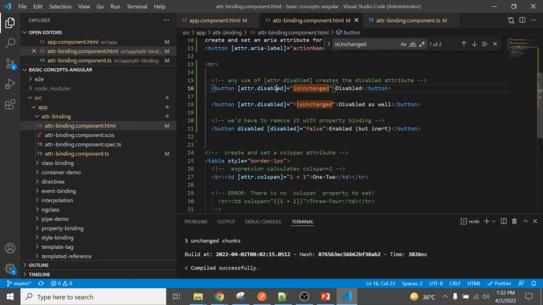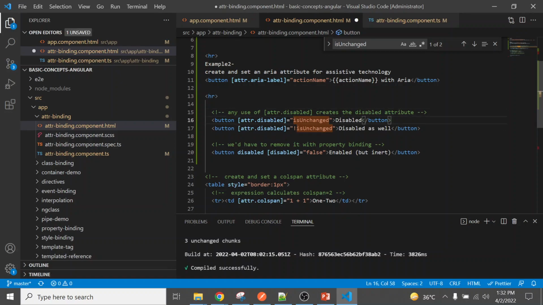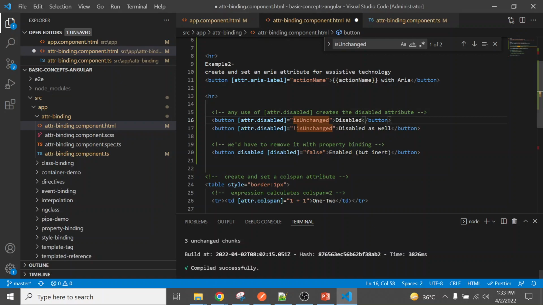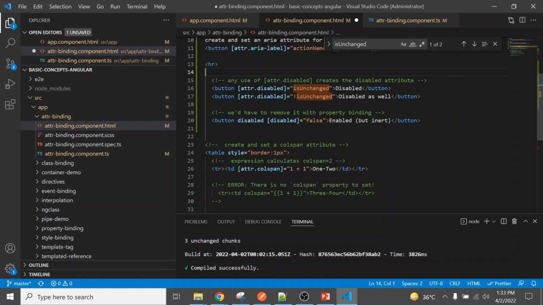So now let's move to the disabled attribute. If you use the disabled attribute with the attr keyword, then it will not disable any content, and here you can see that both the contents are disabled because it does not work on that. It does not work with the attr. So these things you also have to keep in mind, and we have to remove it with the property binding. So as you can see here,